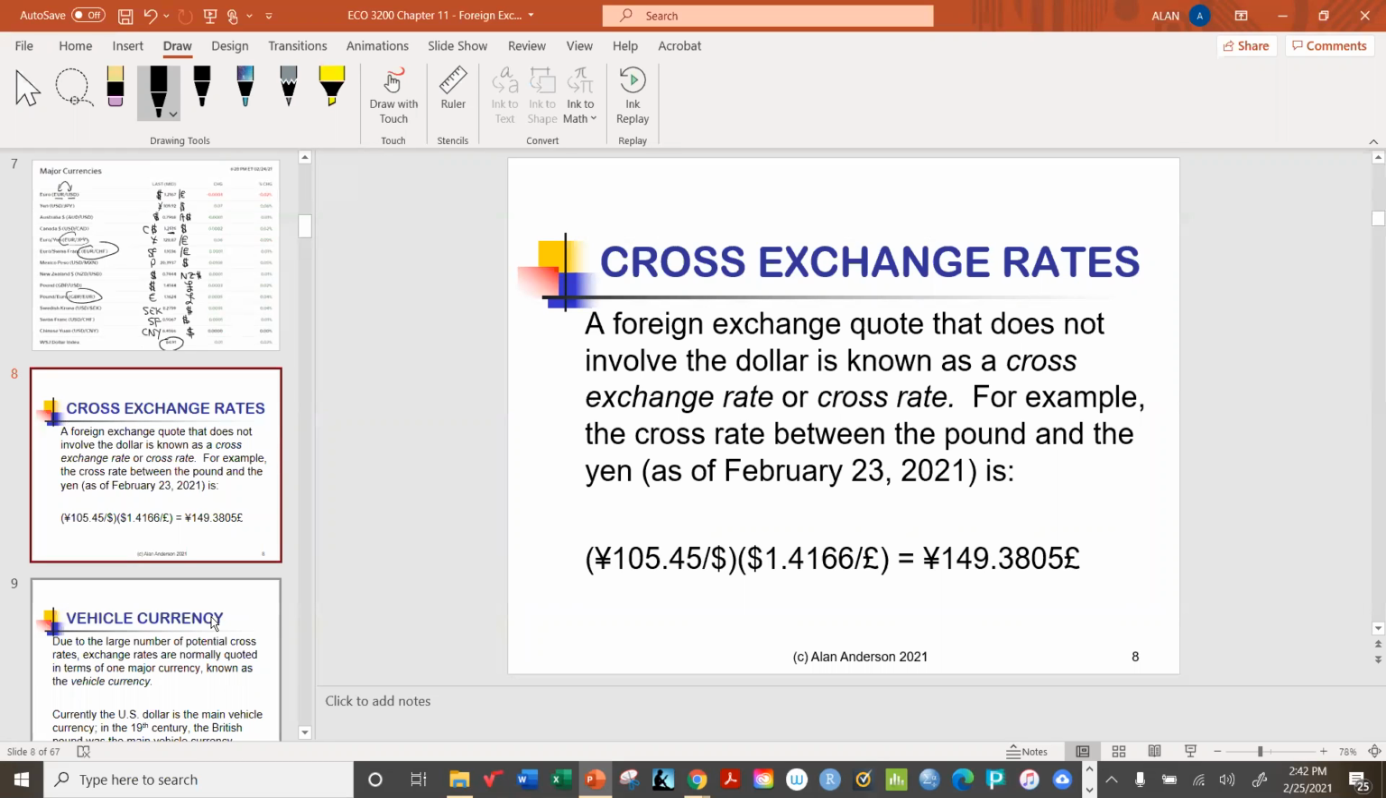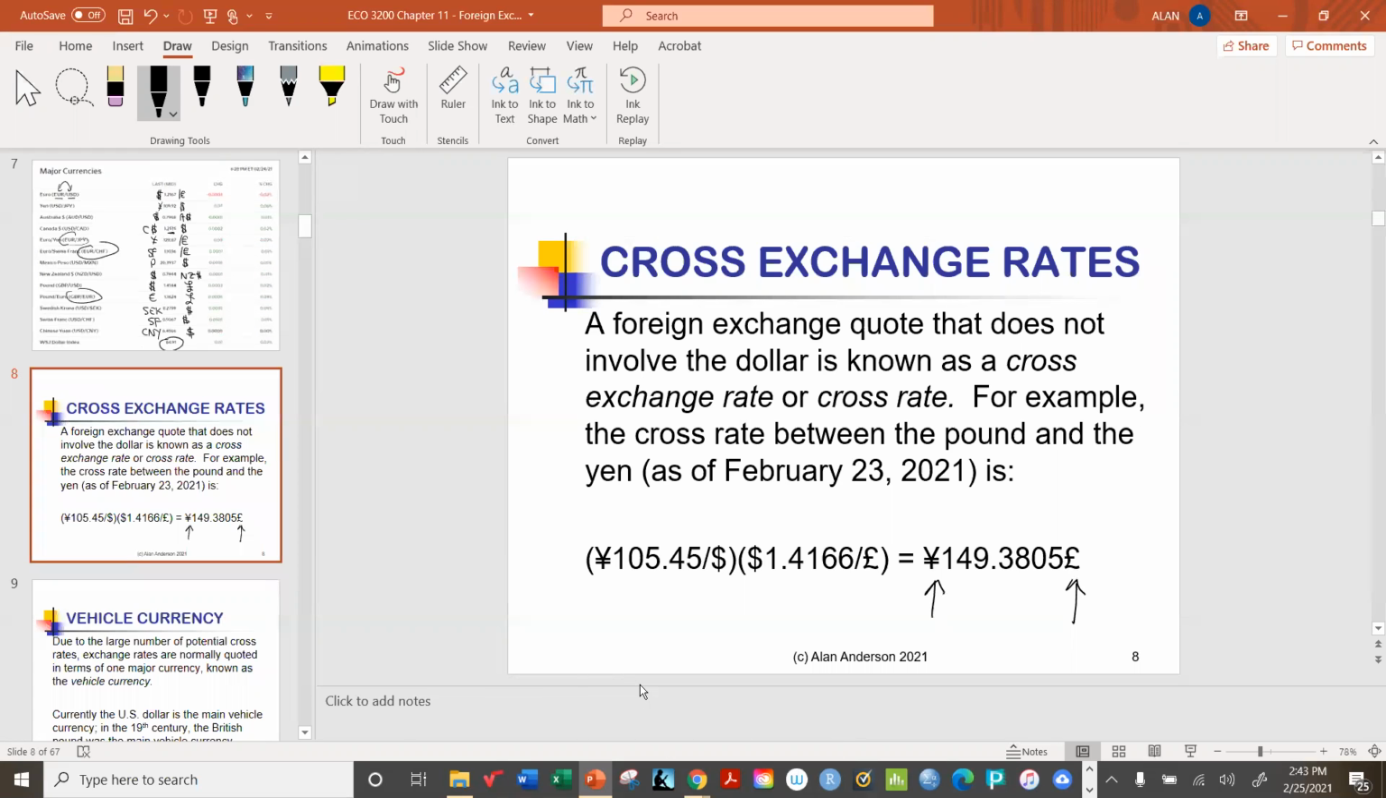Okay, so a foreign exchange quote that does not involve the dollar is referred to as a cross exchange rate, or sometimes a cross rate. So based on the numbers I showed you earlier, if you take the quote of yen per dollar and multiply it by the quote of dollars per pound, this is what you'll end up with. This tells me that it takes almost 150 Japanese yen to buy a single British pound,